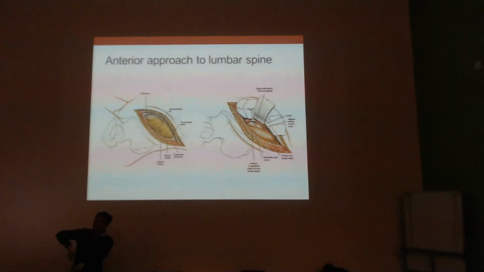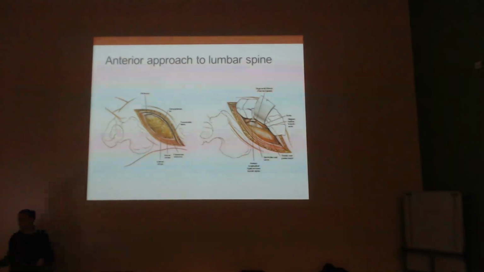Then what I do is take a metal marker, place it on the skin, take an x-ray, and mark out the top of the vertebral body, the bottom of the vertebral body, the back of the vertebral body, anterior of the vertebral body, so you know exactly where you're going. Then essentially, it's a very easy approach. You just cut through all the structures, and you make a sort of anterolateral incision like that,